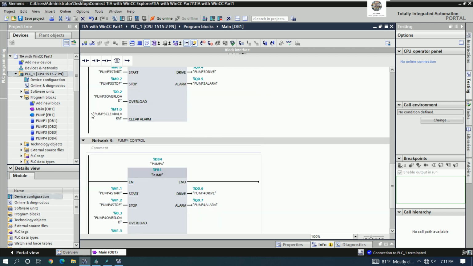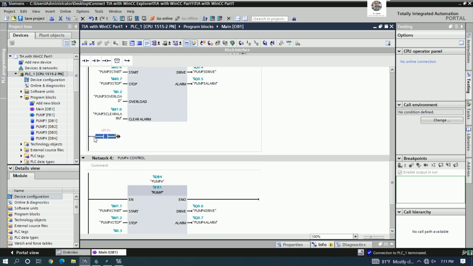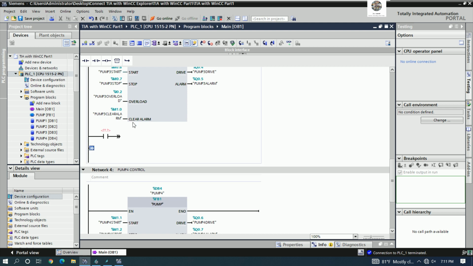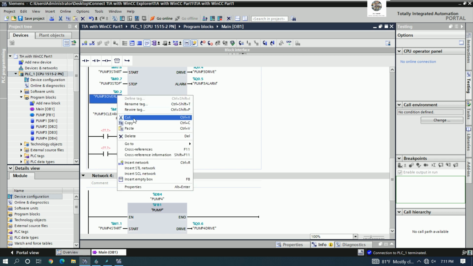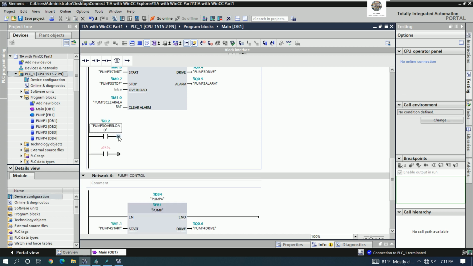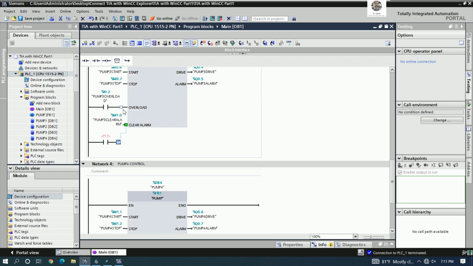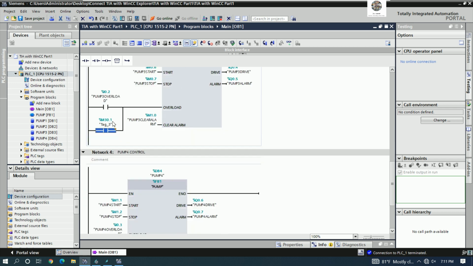And for pump number 3 and number 4 we can do the same. Okay, I will insert one NO and one more NO for parallel with the input, right? So I will cut and paste and connect directly to the overload block, and this one I will put M30.1, sorry, 30.2,